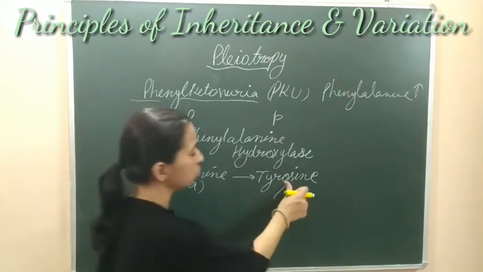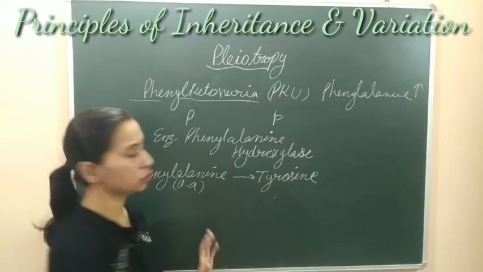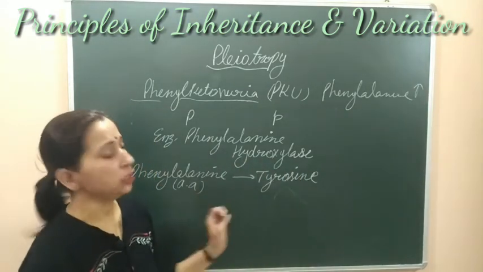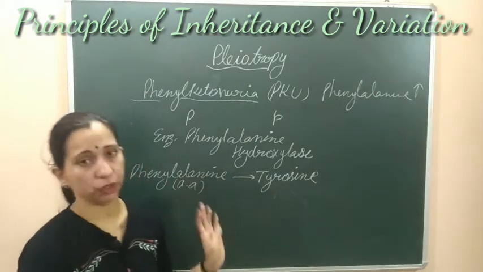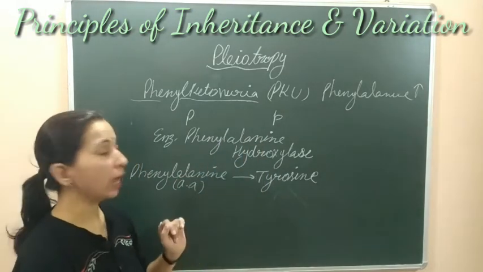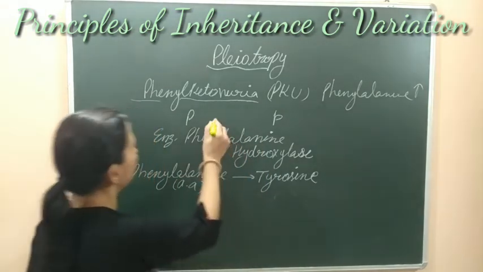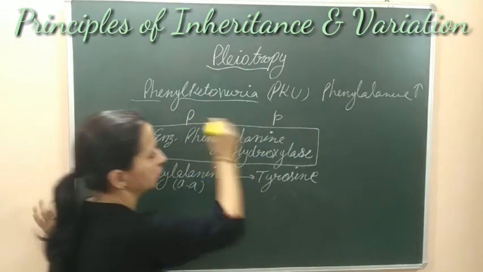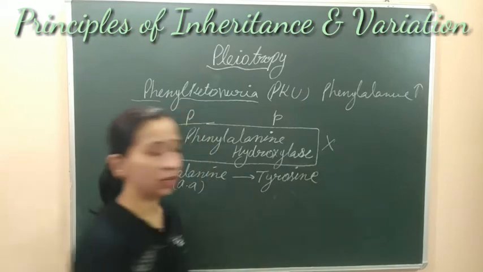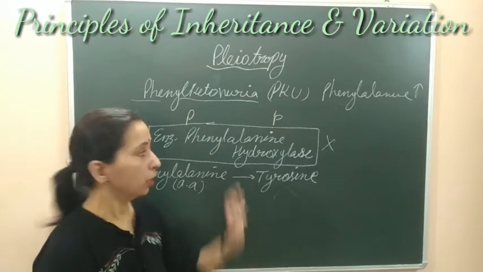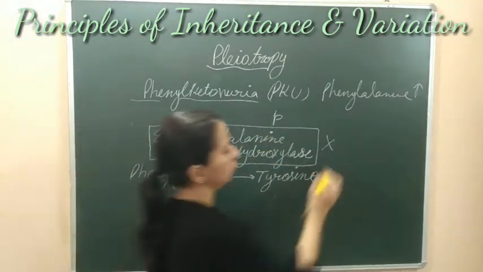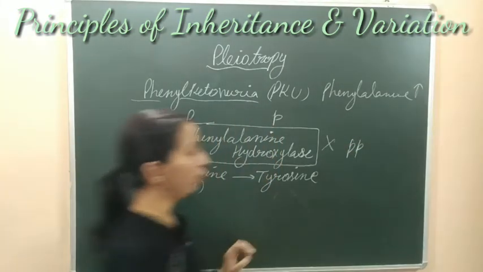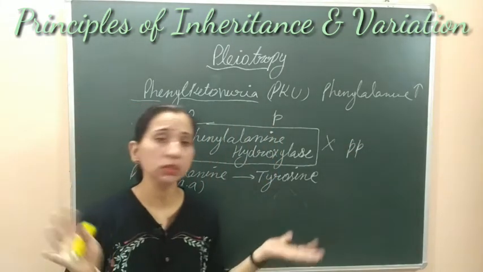तो this tyrosine has many effects. This is used for many metabolic activities. But when this gene is present in its defective condition, जब defective condition में present होगा, at this condition, this enzyme, the phenylalanine hydroxylase, is not synthesized. The synthesis of this enzyme does not happen in the allelic condition when the defective gene is present. इस condition में phenylalanine hydroxylase enzyme का synthesis नहीं होगा.